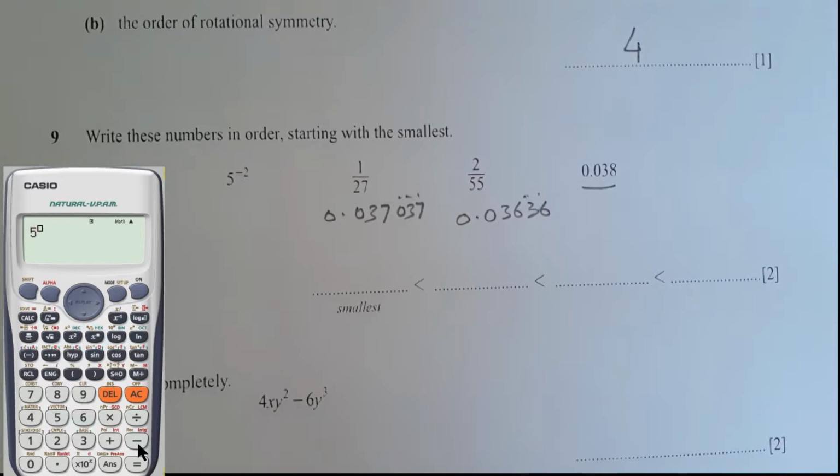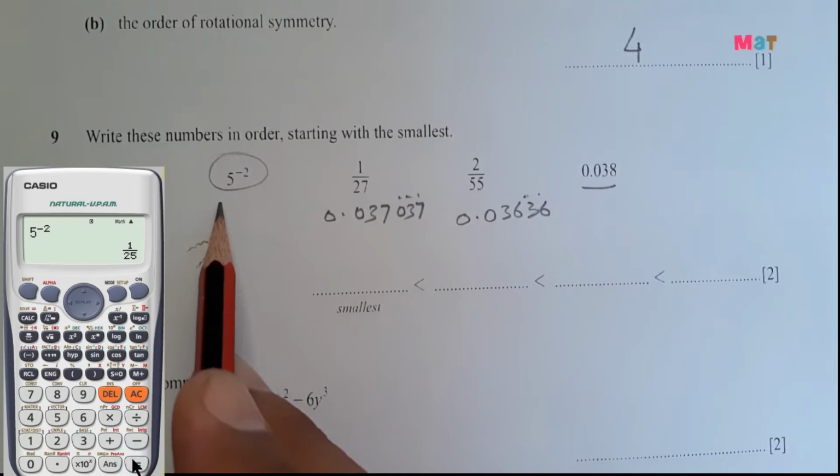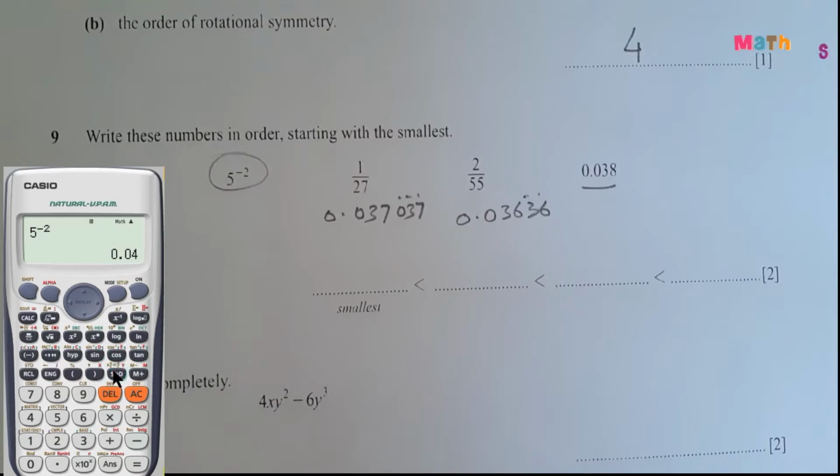And this one we can write as 1 over 5 squared. So 1 divided by 5 squared will be equal to